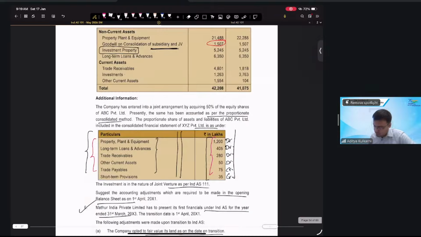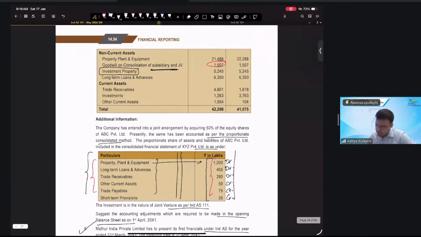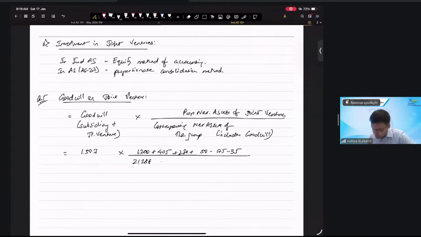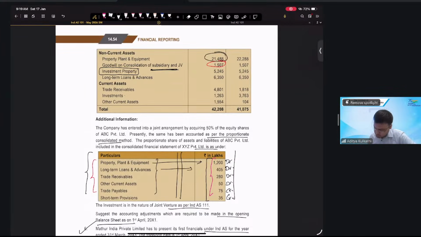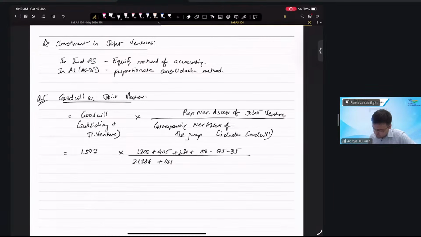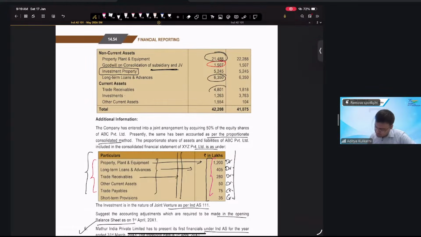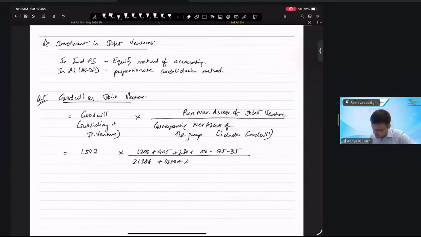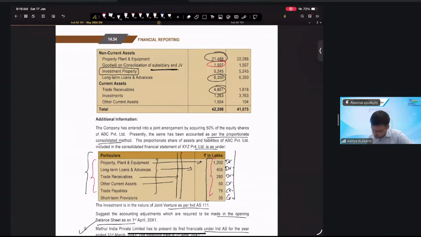So for 1200, this is property, plant, equipment, the value is 21,288, plus 405 is long-term loans and advances, 6350, 280 trade receivables, 4801, other current assets 50, 1554,